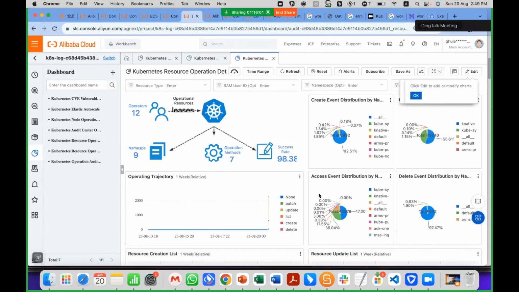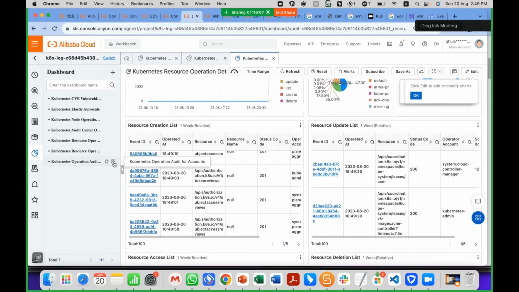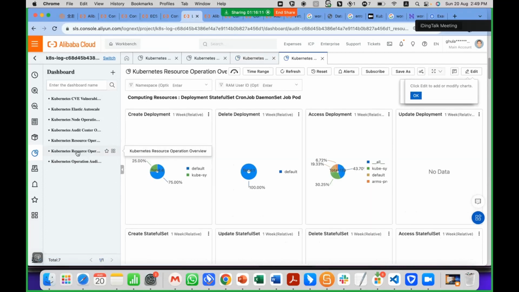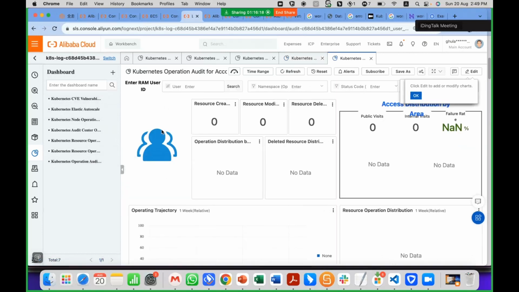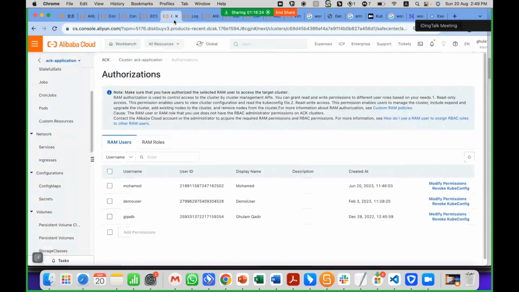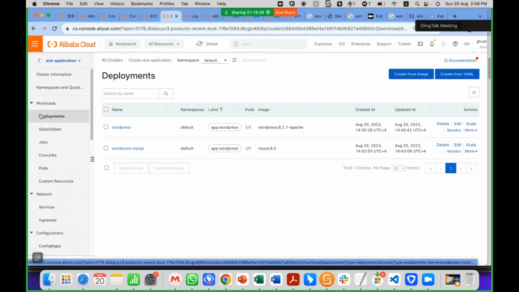So again, you can have a proper look at how different types of resources are accessible. You can configure different types of alerts and notifications on top of that environment as well. So this is purely related to Kubernetes cluster, Kubernetes deployments, which can be helpful, and you can monitor different types of resources directly from the platform itself.